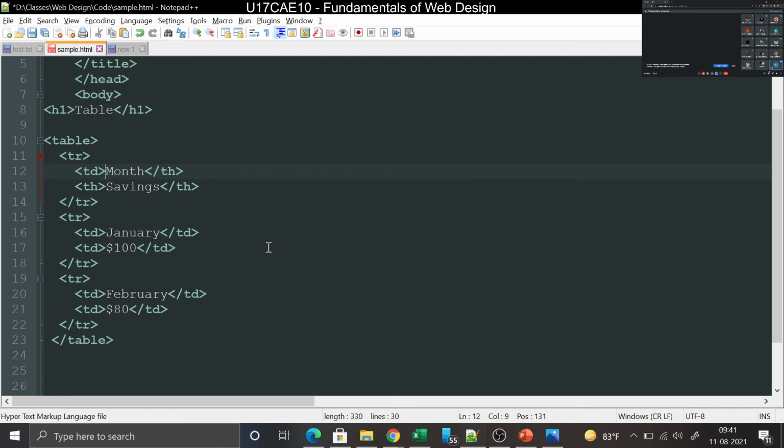So this table contains how many rows in total? 3 rows. For each row it has to start from TR and end with TR. Suppose you need another row in the table, you just keep increasing this one. So the total number of rows is equal to the number of TR tags that are nested inside this table. All of you understood?